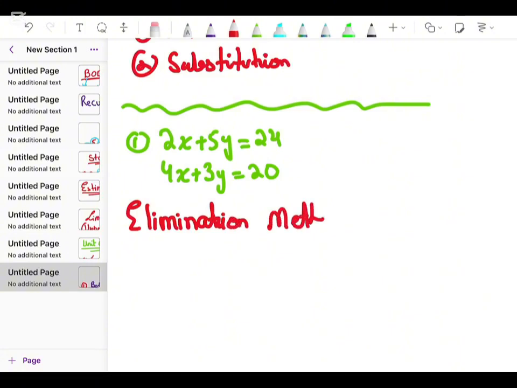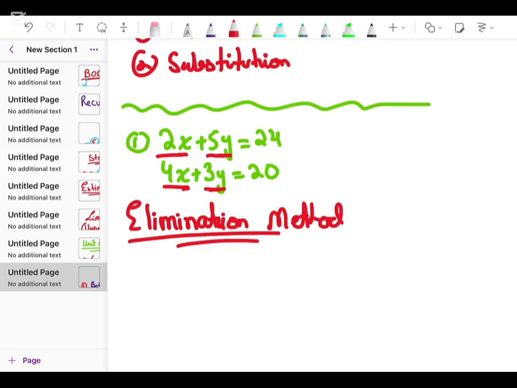So what is elimination method? In elimination method, we have to cancel out one variable. In the simultaneous equation, we have to find the value of x and y, the variables that are given in the equation. We have two variables x and y in both equations. So we have to make any one variable same. You can see that this is 2x and this is 4x. This is 5y and this is 3y. In both equations, the variable x has different coefficient and the variable y has different coefficient. So what you need to do is make a coefficient same.